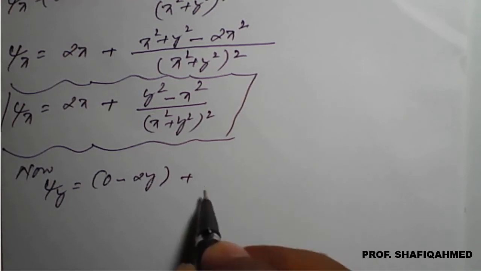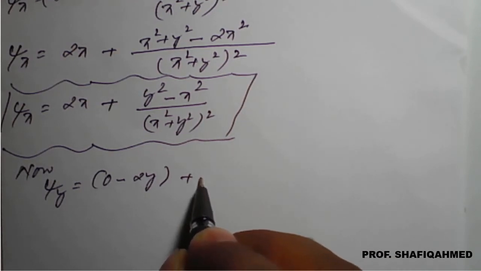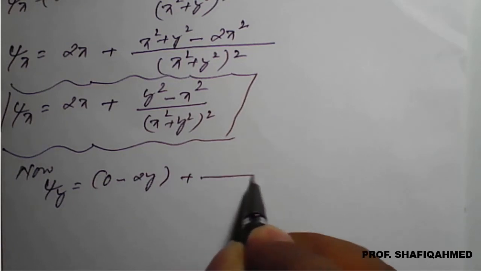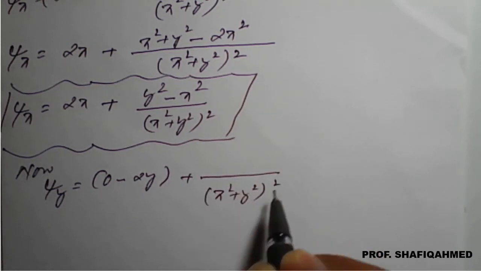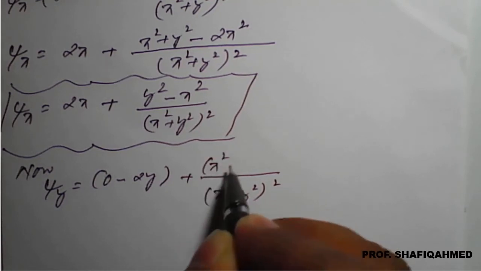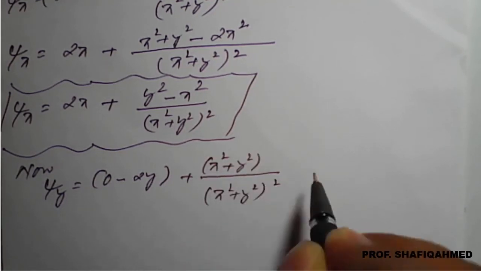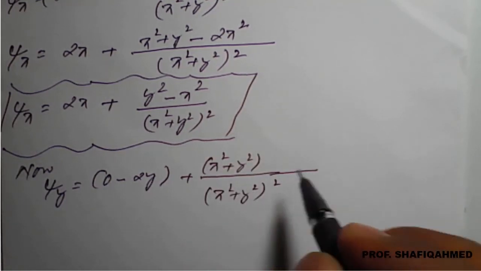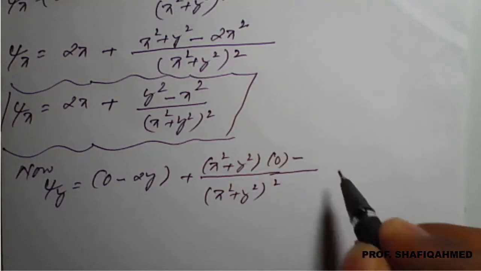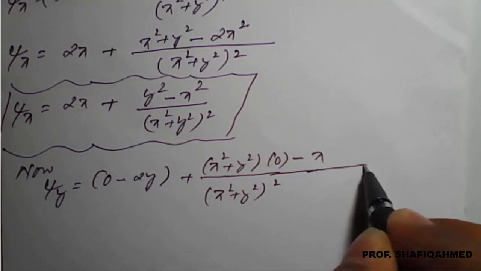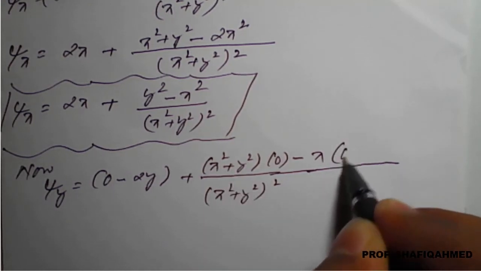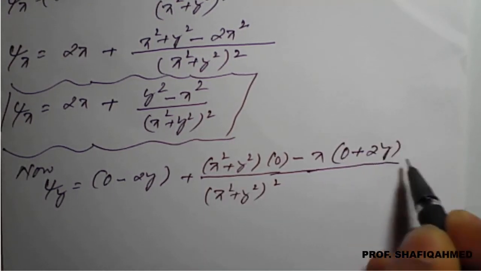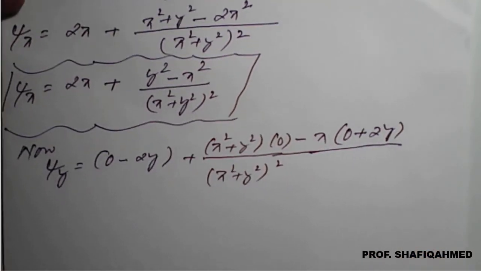Or else we'll go for the u by v formula only, better for the easiest way. So denominator square, so x square plus y square whole square, so the denominator, that is x square plus y square, as it is. So the partial derivative of x with respect to y is 0, formula minus, then keep x as it is. So the partial derivative of this bracket with respect to y is 0 plus 2y. So on simplification,